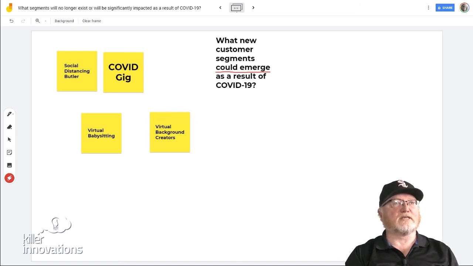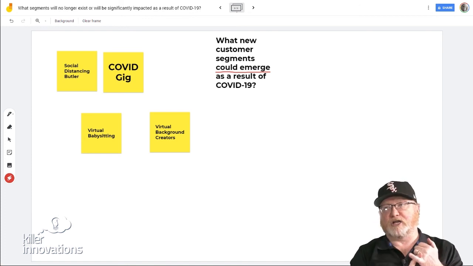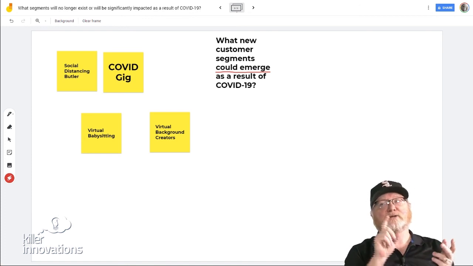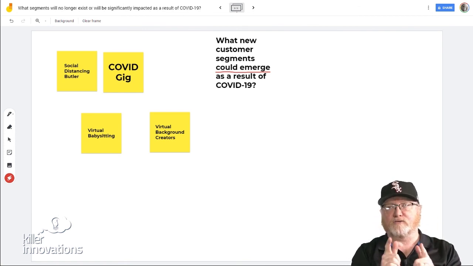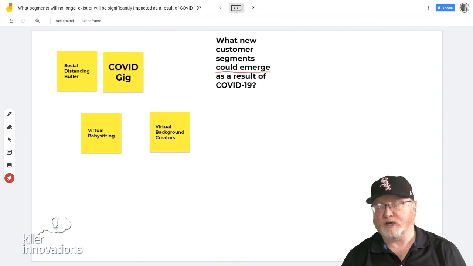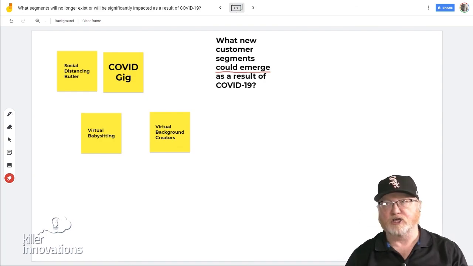The purpose here is not to say these are the only ones. This is to show you brainstorming, virtual brainstorming, the use of tools, and hopefully what I've presented here will give you a couple of spark ideas on how to think about your business differently. And with that, let me know what you think of the virtual brainstorming and if I should do more of these, if they spark ideas. Feel free to propose a topic and a killer question for a virtual brainstorm. If there's something you'd want me to do a live brainstorming on as part of a video like this, send it over. We'll give it a try.